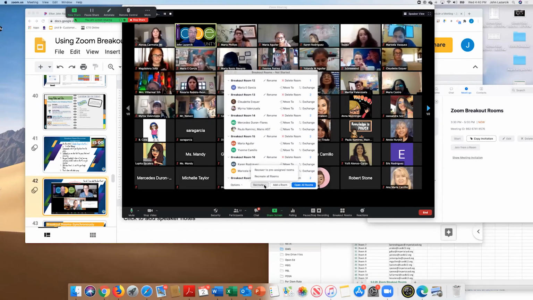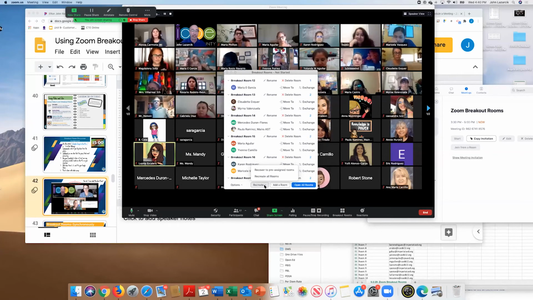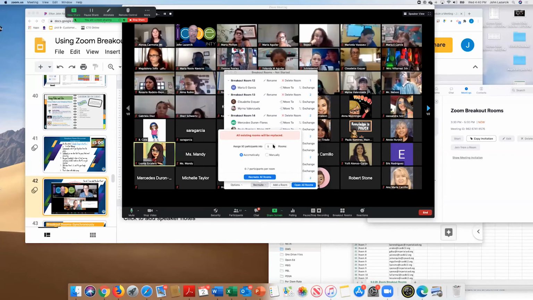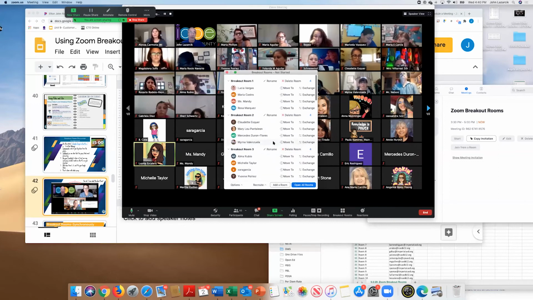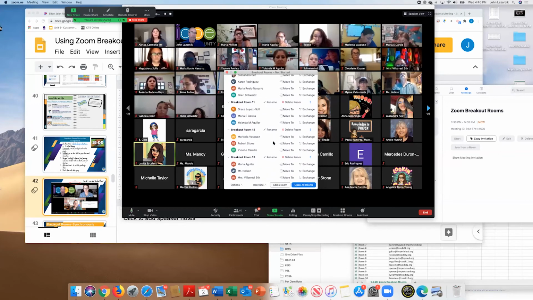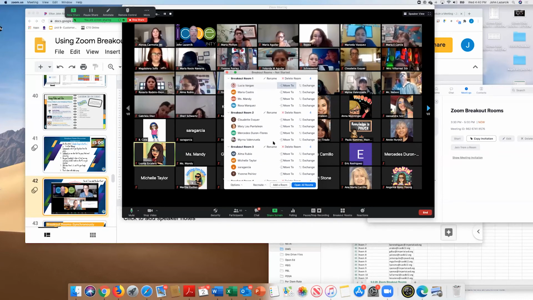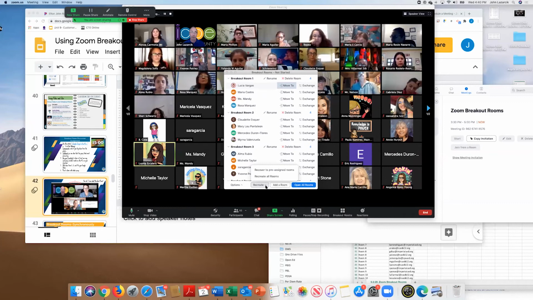Remember what I said though? I can also recreate the room. Let's say I'm going to put you guys in another breakout room session. I'm not going to, but I wanted to mix it up so you're not with the same people. I could recreate the breakout rooms again automatically. So we have about 4 to 5. And once I recreate rooms, now you're all in different breakout rooms. A nice way to mix it up, if you want kids to meet each other, they haven't seen each other, it's the first couple weeks of school, you can always recreate rooms.